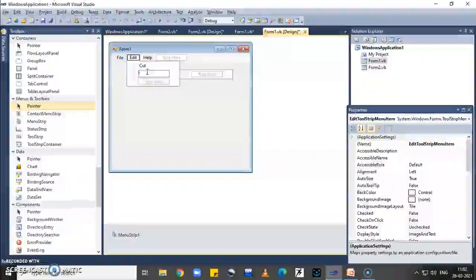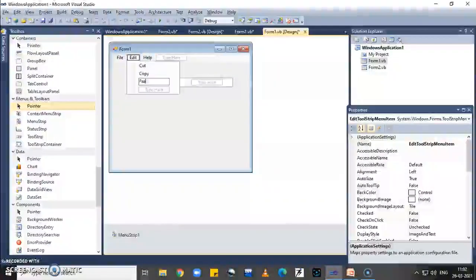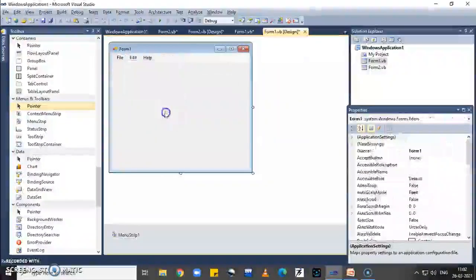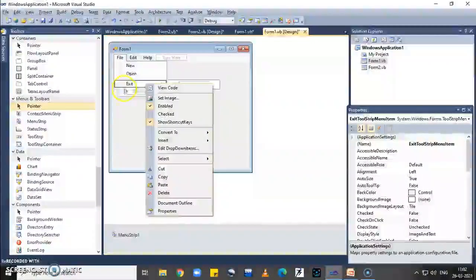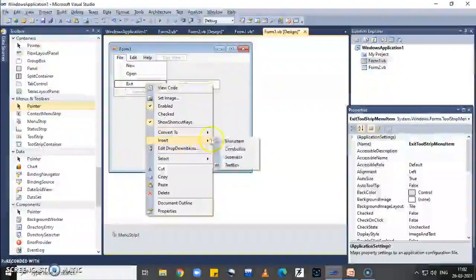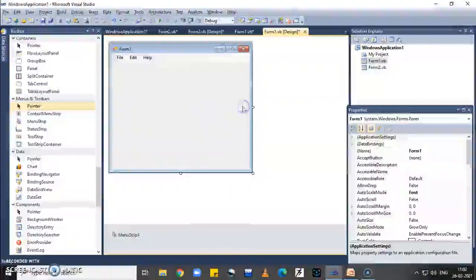Then copy, paste, etc. Such way we can create different menu items, and whenever we just put up the separator part, then we can add like this. Click on the menu item, then insert and separator.